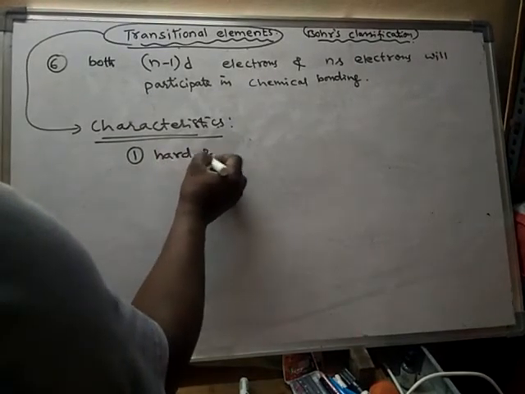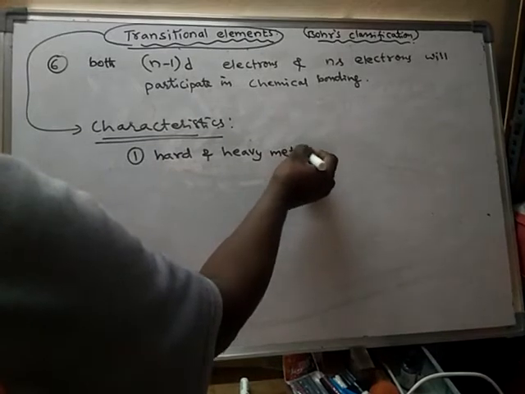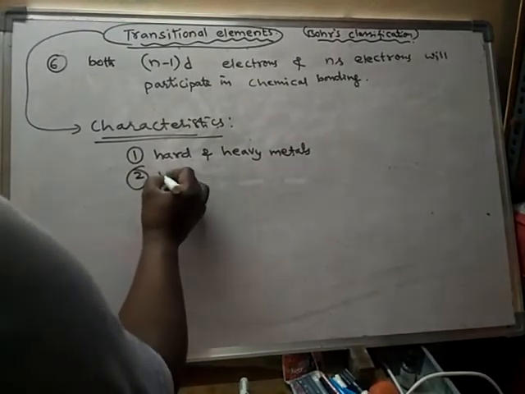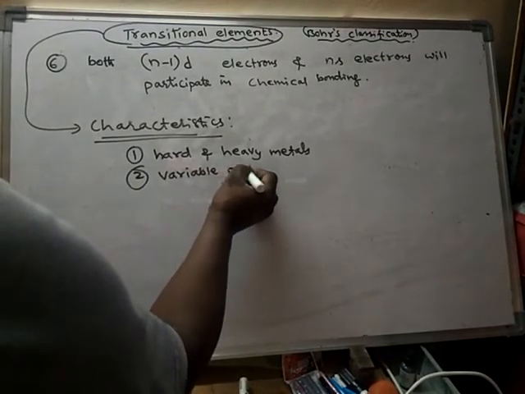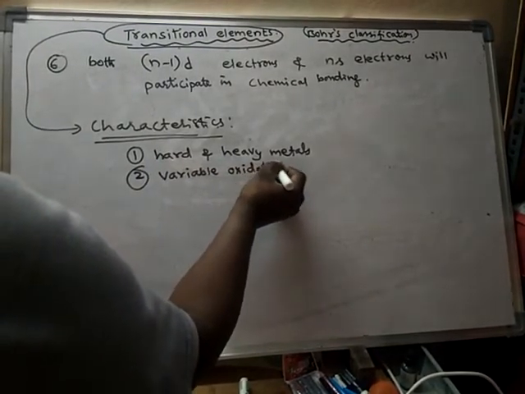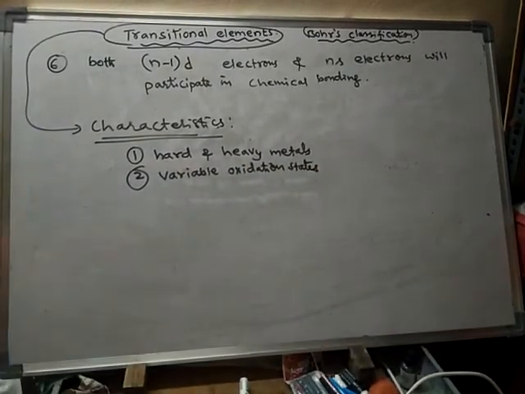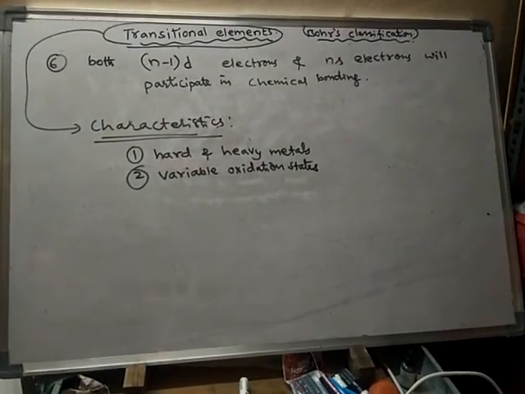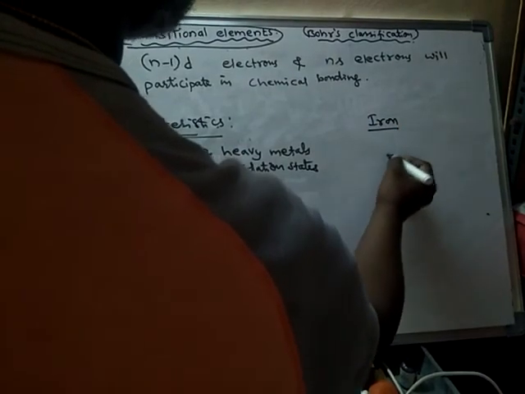They have variable oxidation states. Oxidation state means valencies. For example, if you take iron, it is having